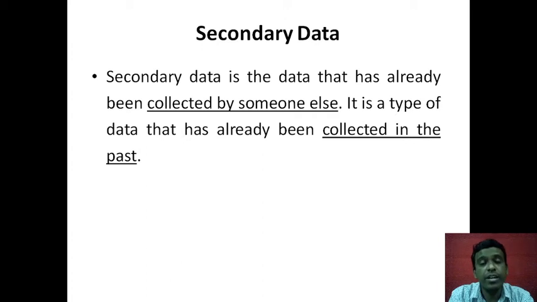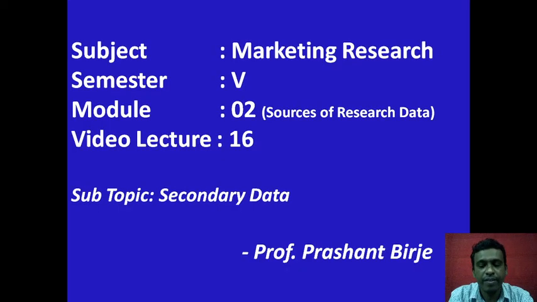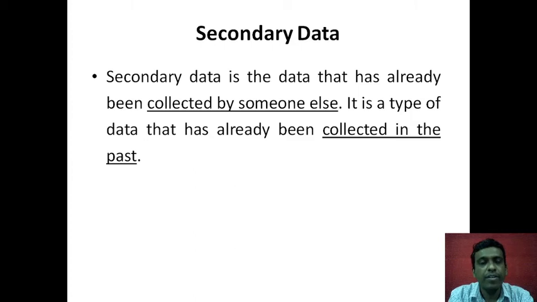Generally, because the data has already been collected by someone else and you are using that data, it is generally past data, and we do not know why that person had collected the data, what was his field of research. Hence, sometimes secondary data may not be suitable for our research purpose. Also, secondary data may not be reliable at times.